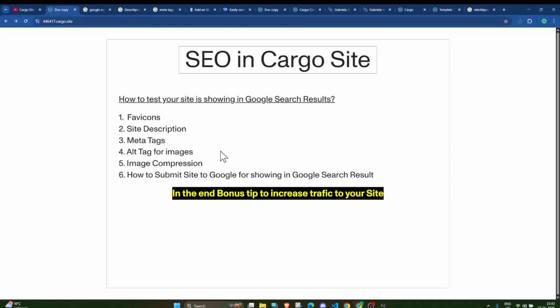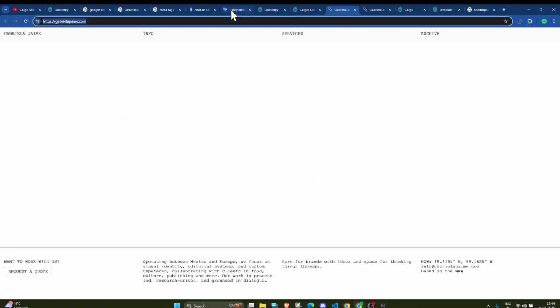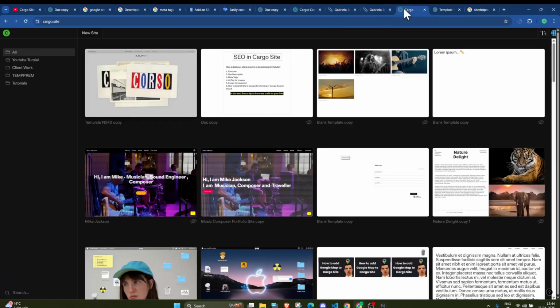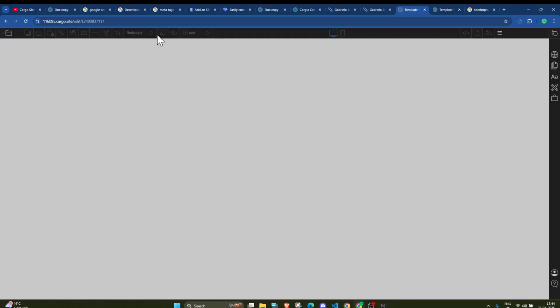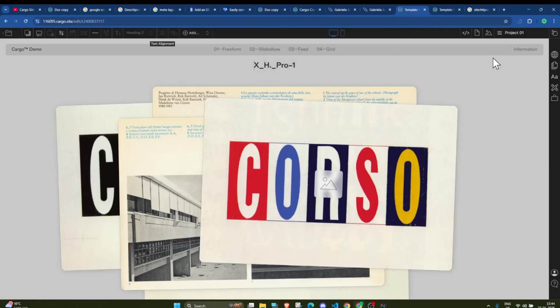Now let's talk about what things you can implement to make your site SEO friendly. First thing is favicon. Favicon is basically this small icon at the top of the website. Let me show you how you can change the favicon.